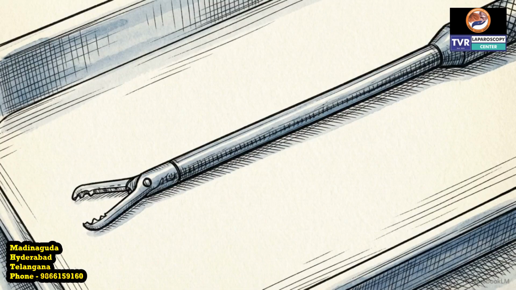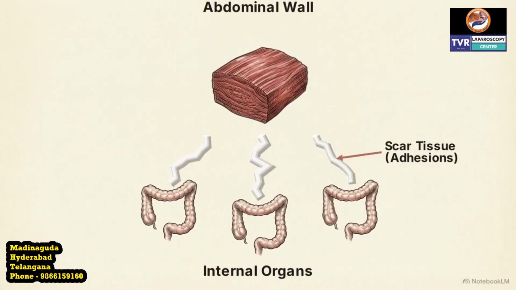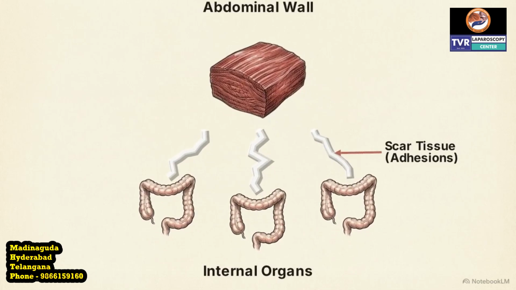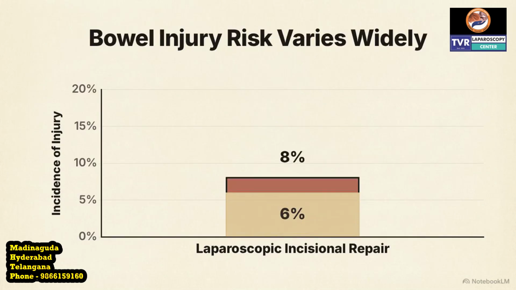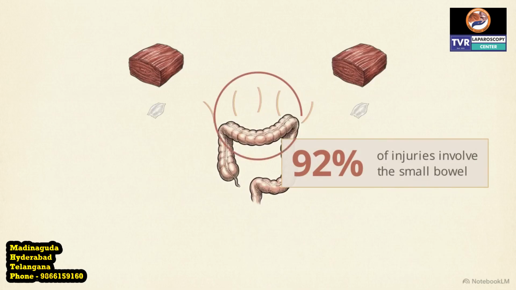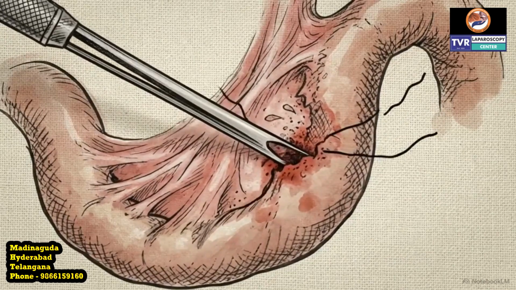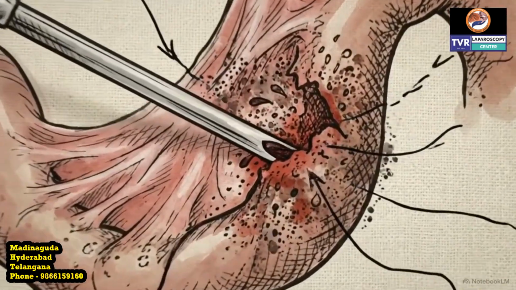The first operational phase, access and adhesiolysis, presents the highest leverage risks. Adhesiolysis is the surgical process of separating internal organs that have become stuck together or to the abdominal wall by scar tissue. Bowel injuries occur in 6 to 14.3% of cases. In 92% of these instances, the injury involves the small bowel, which is often tethered to the site of the hernia. This footage shows an iatrogenic injury occurring as the surgical dissector separates dense adhesions and inadvertently tears the tissue,